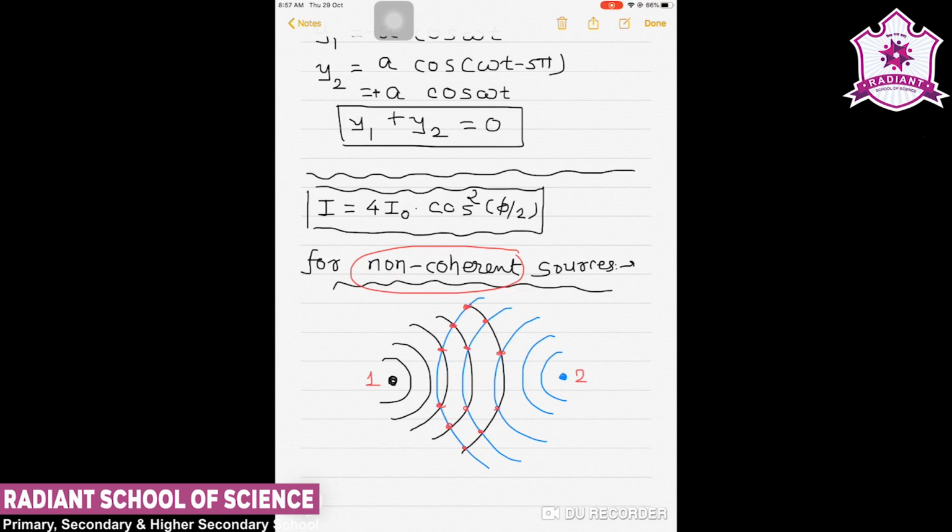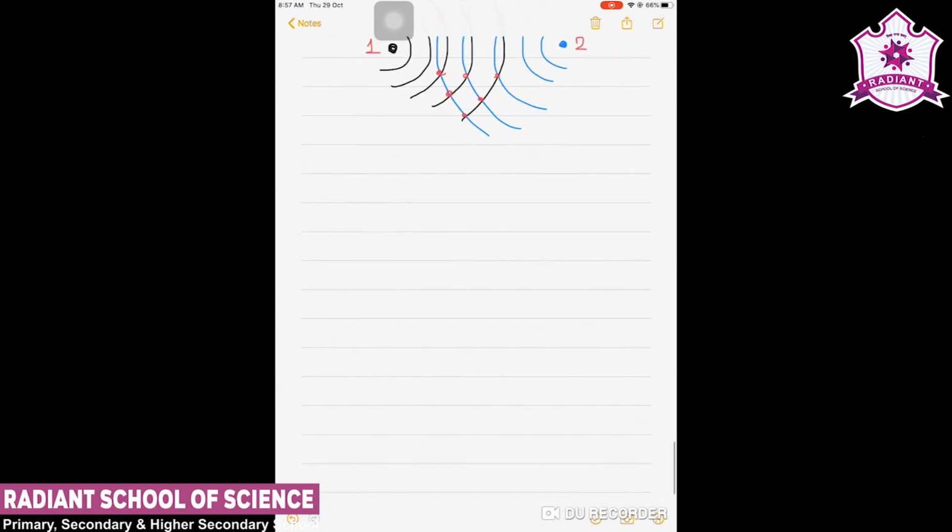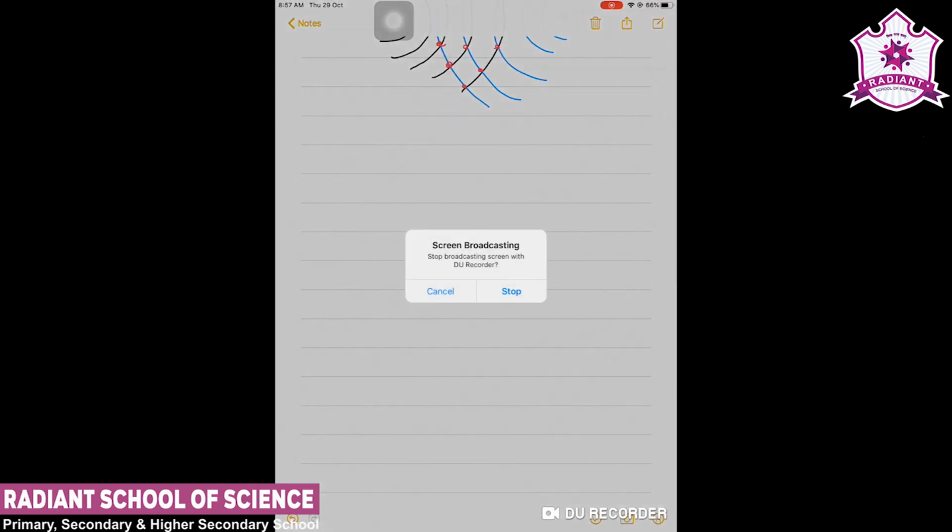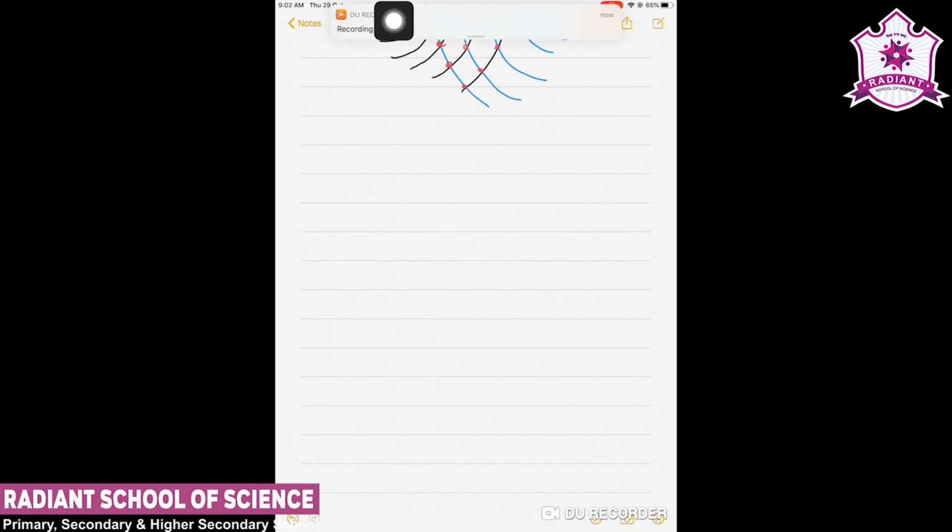When this happens, we observe an average intensity that will be given by the equation 4I0. I will show you it later. So now we take the equation for the average of intensity I, that is 4I0